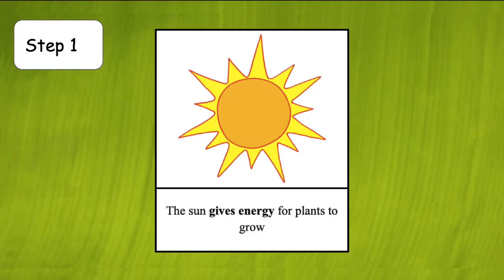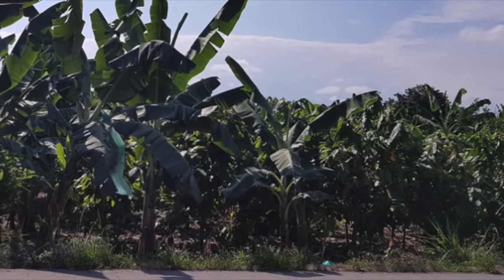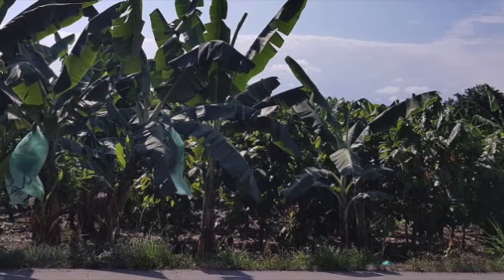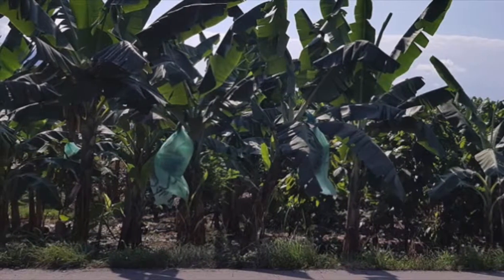Step 1. The sun gives energy for plants to grow. Bananas need lots of sun. They grow in tropical and subtropical conditions with warm and wet weather and lots of moisture in the air. They like to grow in regions pretty close to the equator where it is hot and in lowlands near the